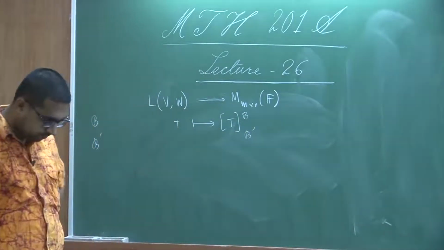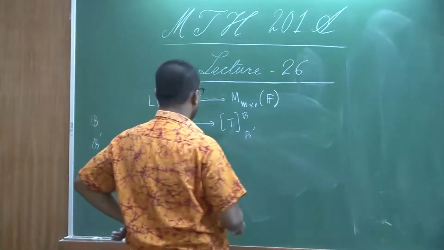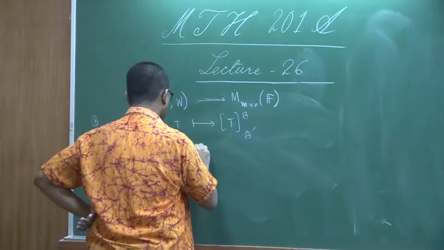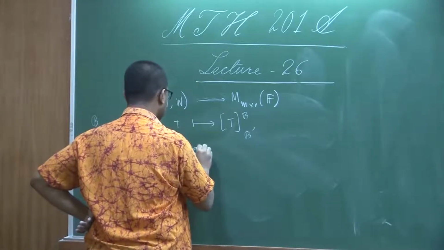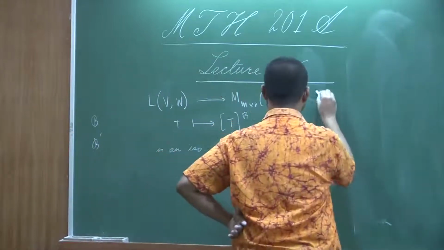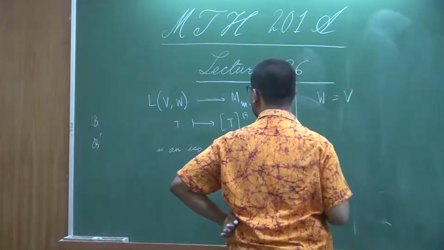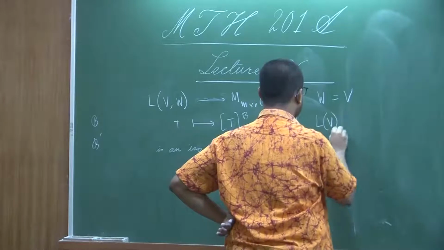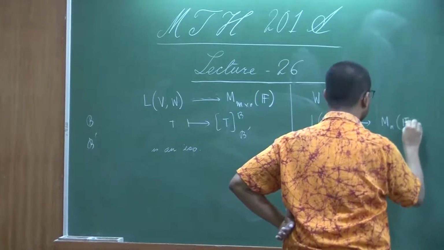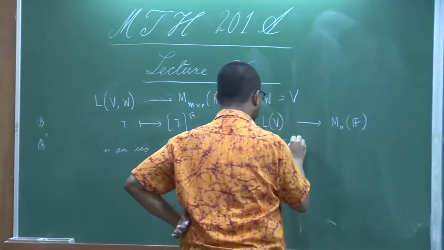We are there, and this is a linear isomorphism. This we have already seen. Just to make a remark, if W is V, then we have L(V,V), so we will get square matrices. Then this linear isomorphism,